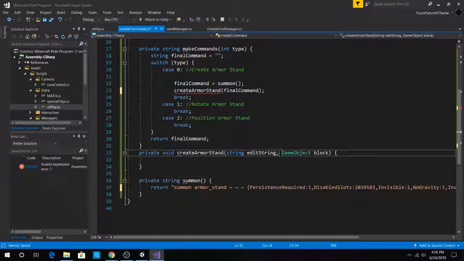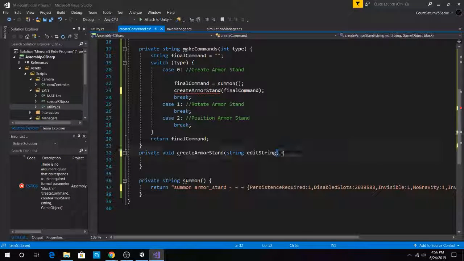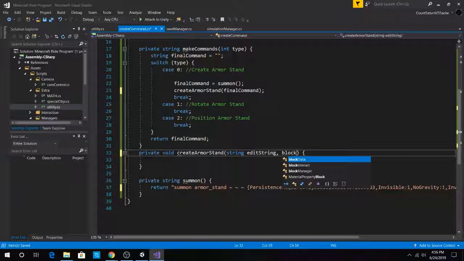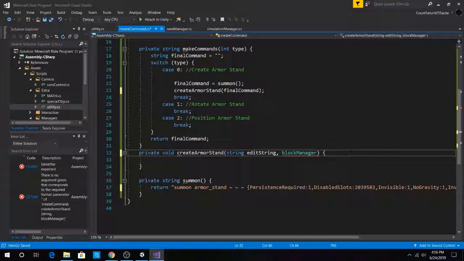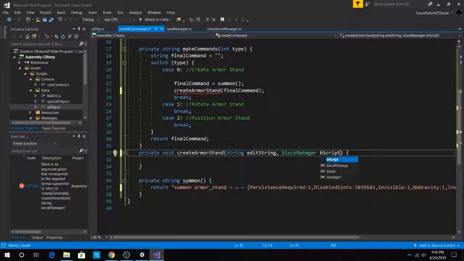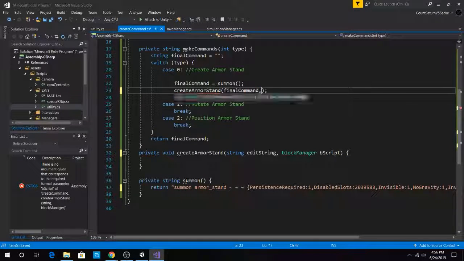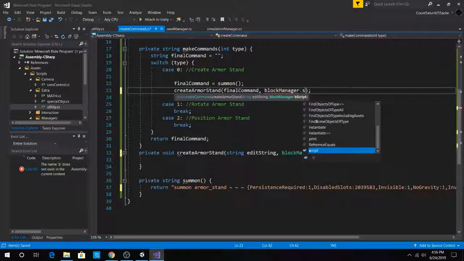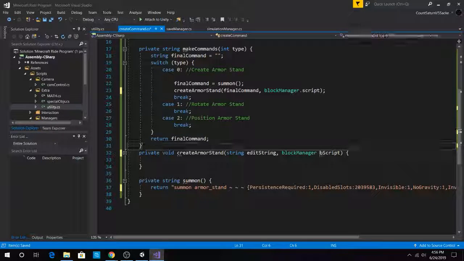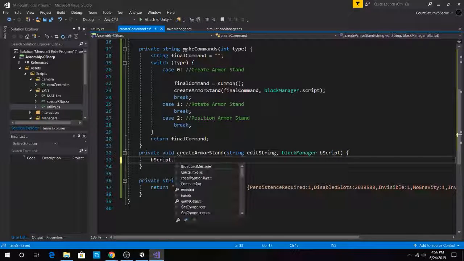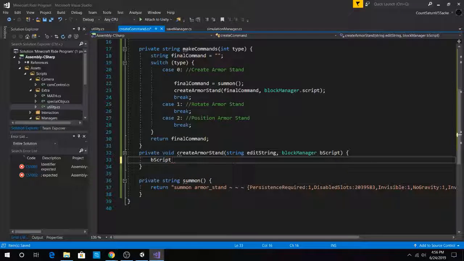Okay, not this. However, actually, we'll do the block manager. Block manager called bscript. Call it bscript, and this one is simply just going to be bmanager.script. Bscript dot, and this one will take